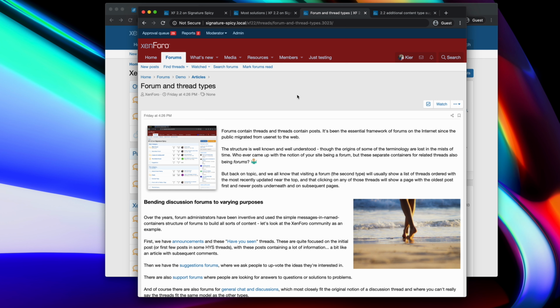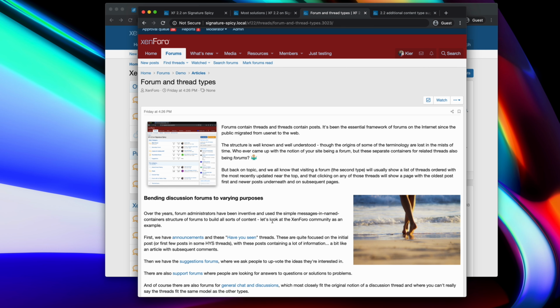We also changed the styling of the first post to make it look less like a forum post and more like an article. Now, obviously, I'm sure that there are going to be plenty of styles out there that will do far more with it than we have here, but what we've done in the default, in order to make it look familiar and easy to restyle, is take the user information that's usually stuck to the left of a forum post